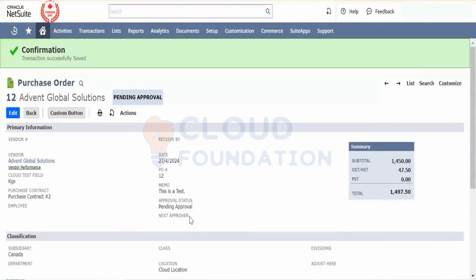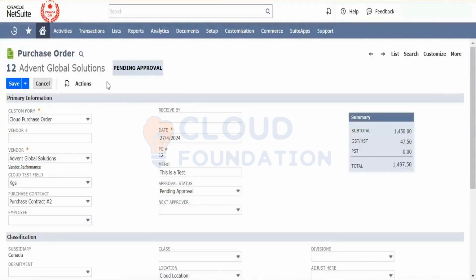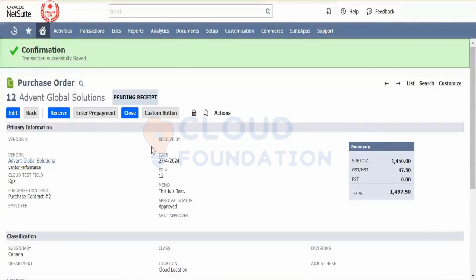Where do I go to approve? The next step will be the approval, right? If you have your workflows in place and if you have enabled them, then the approve button will appear over here, or else you can just get in and do an approve here. Now, since I'm an administrator, I have access to approve that. Usually what happens is